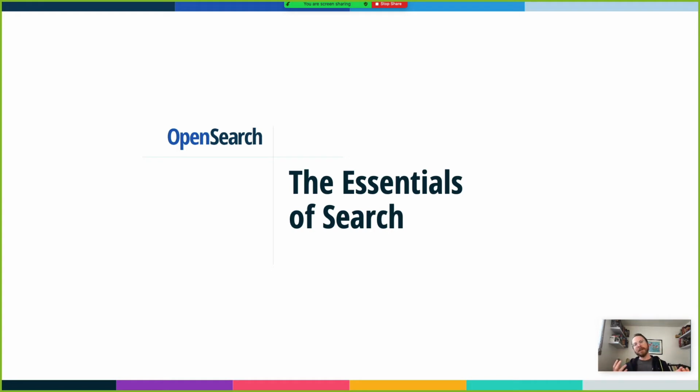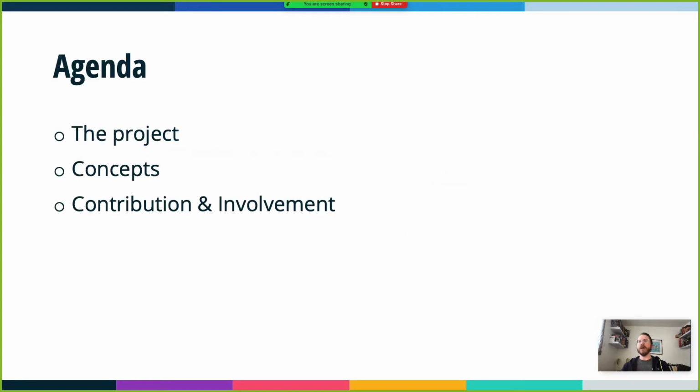So before we get too deep into it, let's go ahead and take a look at our agenda. The first thing we're going to do is talk a little bit about the project. OpenSearch is a newer project, so it's important to put out there exactly what we're going to be talking about and what project is the target of this. And then we'll go into the search concepts after that. And then we'll dive into how you can get involved and contribute to OpenSearch, how you will get involved going forward with it, and how we'll be able to communicate on it.